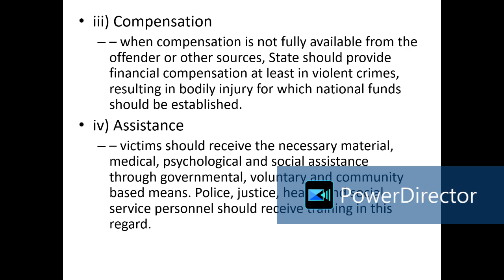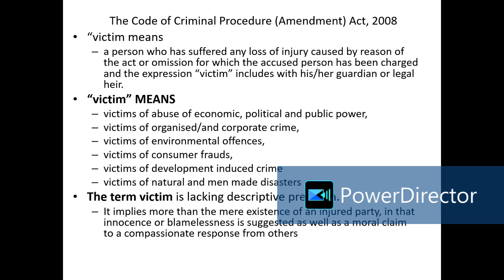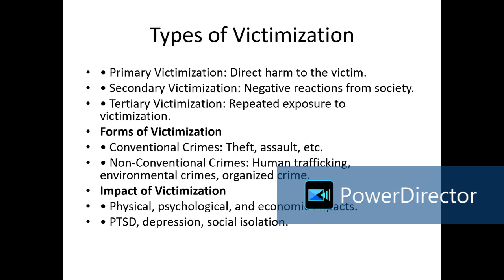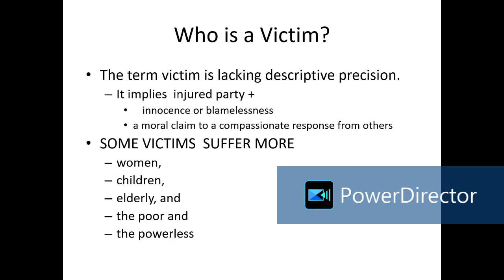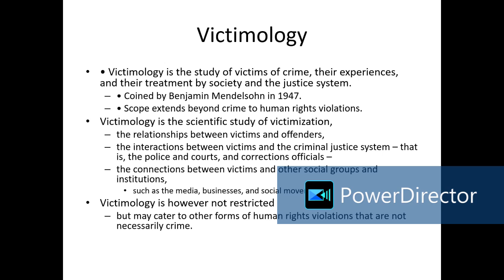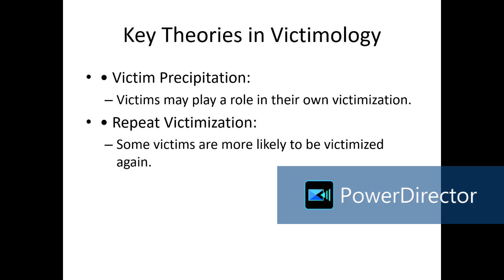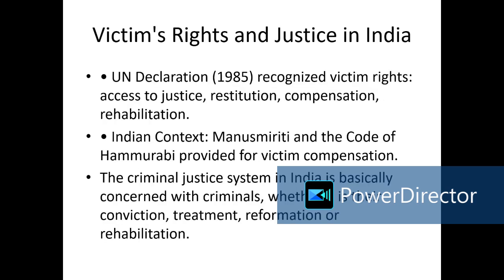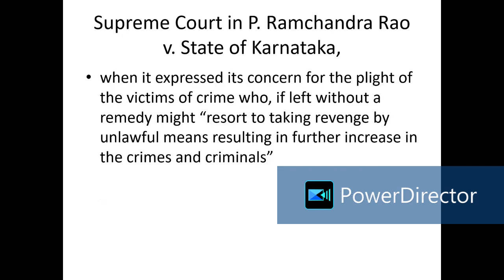And if the trial court at the conclusion of the trial is satisfied that the compensation awarded under 357 is not adequate for such rehabilitation, or where the case ends in acquittal or discharge and the victim has to be rehabilitated, it may make a recommendation for compensation. See, the trial court, depending upon the quality of the evidence before them, is going to pronounce the judgment. It can be an acquittal or it can be a conviction. In such a case, if it is a case of acquittal or discharge, but then